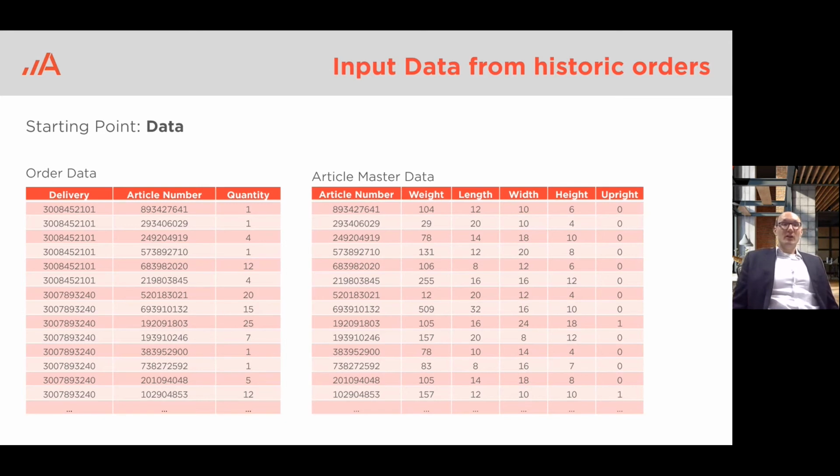On the left-hand side, you see order data. For example, for this first delivery, you see a bunch of articles which were included and the given quantities of them. And on the right-hand side, you see for each article the dimensions, which are obviously very important to take into consideration when you are packing parcels, as well as the weight, same argument here. And you see a variable on the right-hand side called upright,